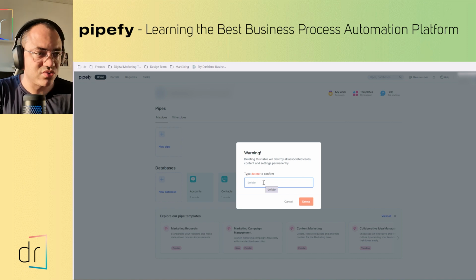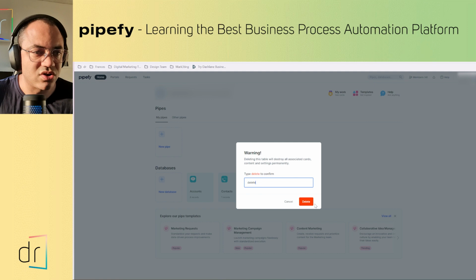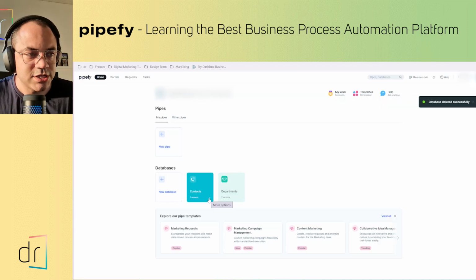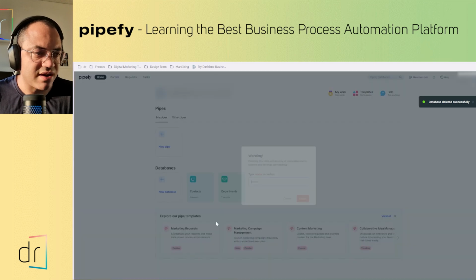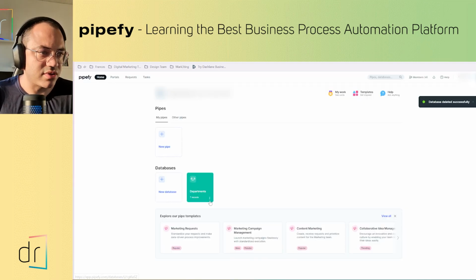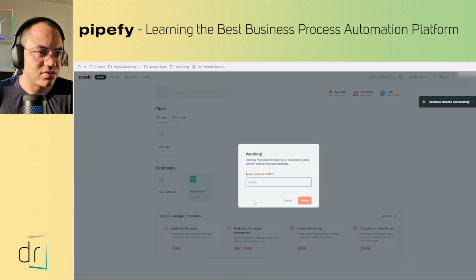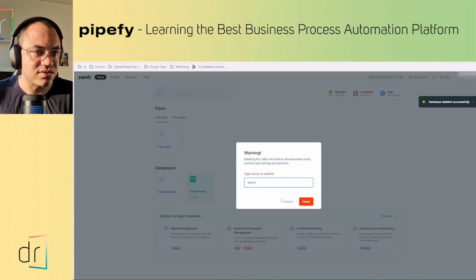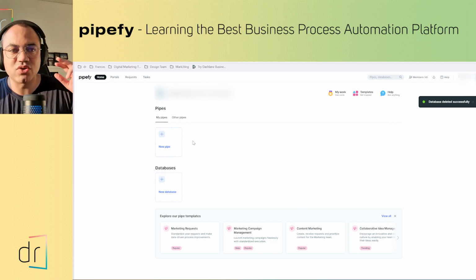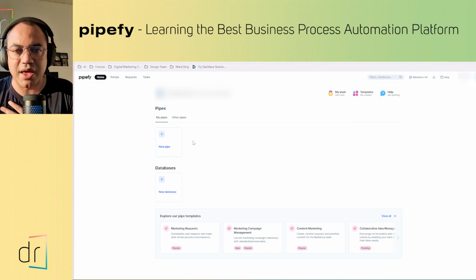So always you will see this question and you have to type delete in order to delete and then click delete. So once you do it, never come back, okay guys? So be careful with this process to delete something on Pipefy, okay? Because this is permanent. So I'm gonna delete this one as well. So from now I have neither database nor pipes,